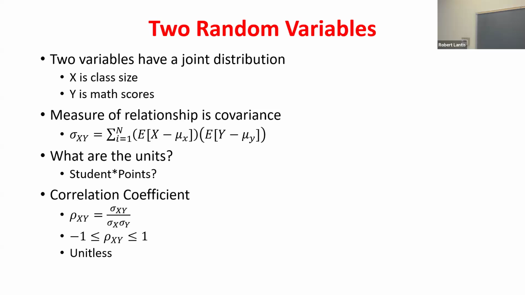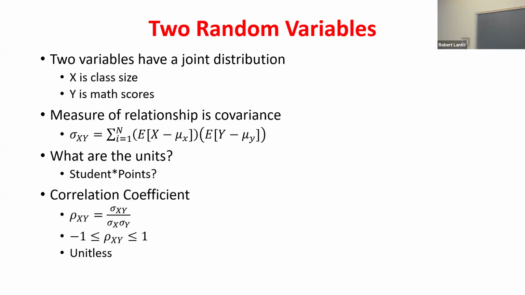Just as if I had an observation where, instead, the class size was below the average, but the math score was above, a negative times a positive is a negative. Well, yeah, because that is one observation that's evidence of a negative relationship. Class size was smaller, math scores tended to be higher. Now, obviously, one observation is not going to tell me the relationship. I have to add them all up and ask, does it look like I have a positive or negative relationship across every observation in my data set?